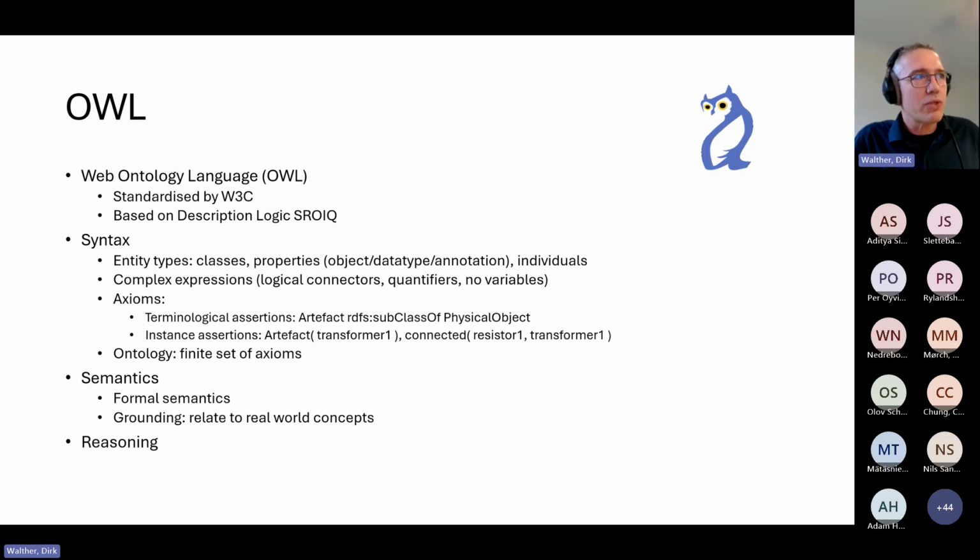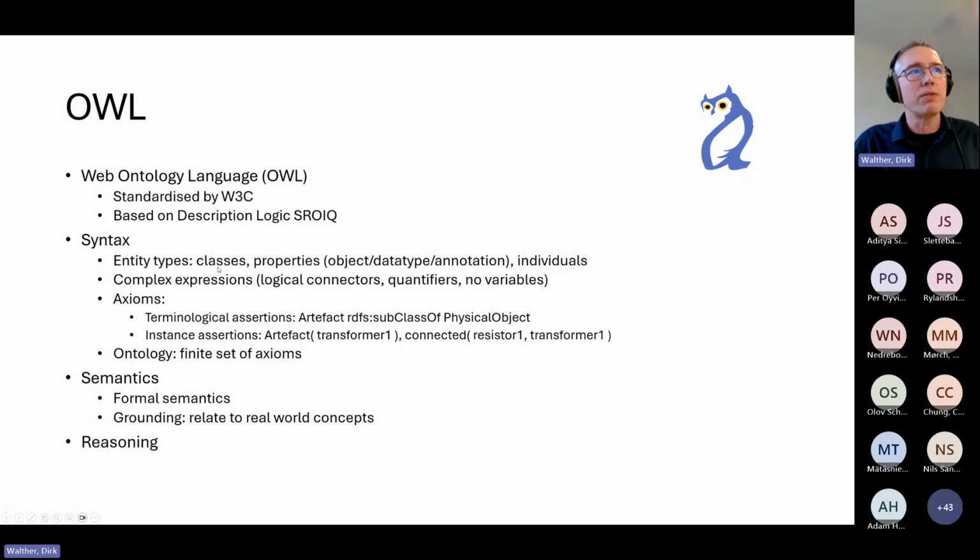There are some basic assumptions that we need to take into account, namely every entity that we want to describe in OWL needs to be assigned a type in OWL. And what are these types? Every entity that we want to put in an ontology needs to be either a class, one of the different property types, or an individual.